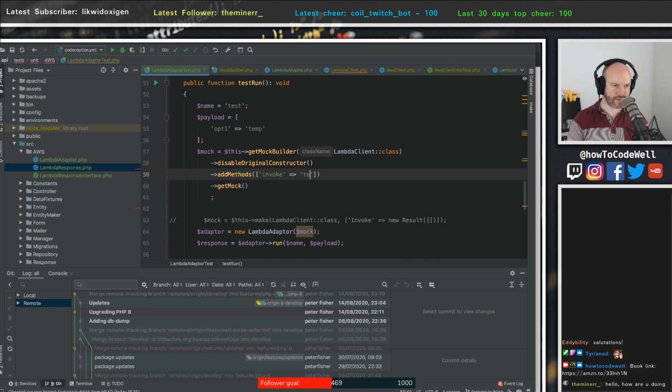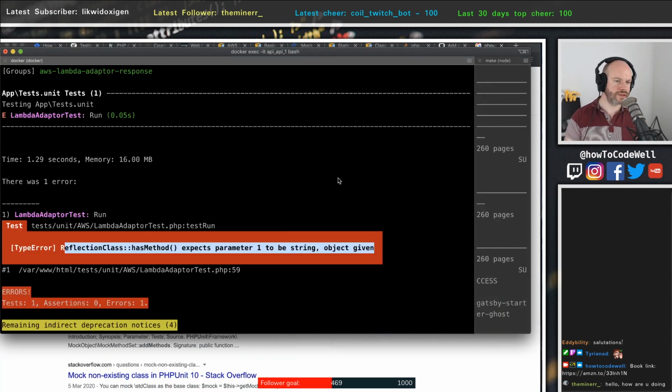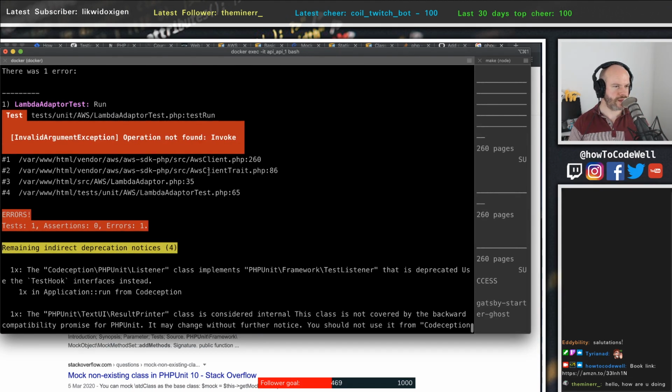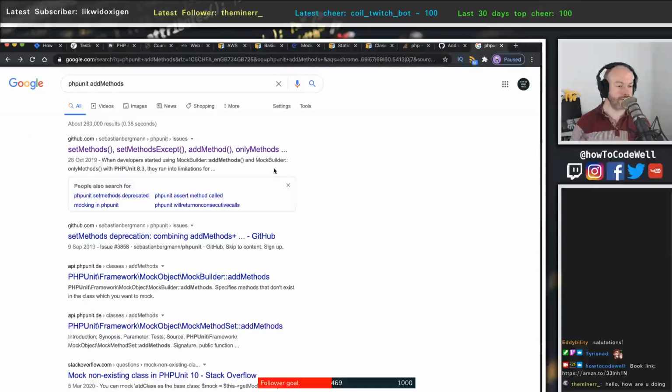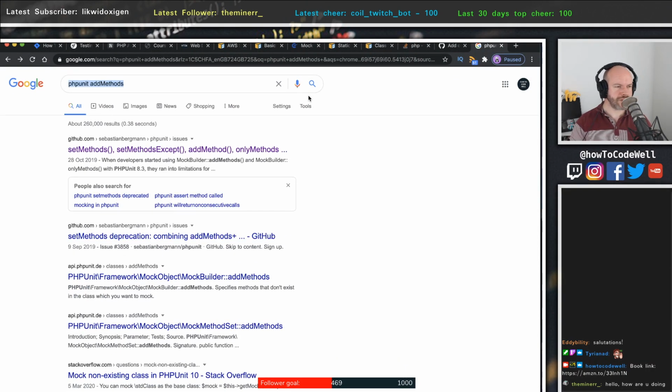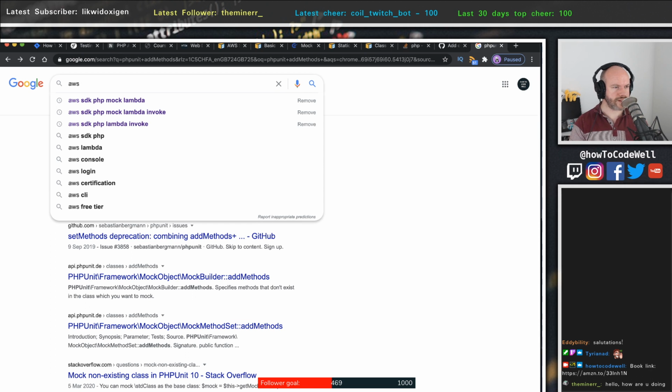If I was to put in sort of test here as a string, run this, I guess we get the same issue as well. No, we get a different issue, which is operation not found, invoke. Oh man. Oh, this is painful. Surely someone's done this before. There must be someone. Either I'm asking the wrong questions,